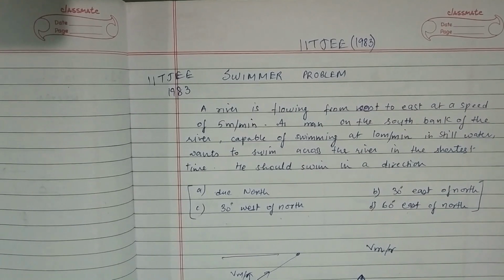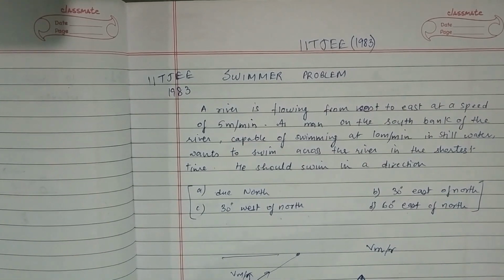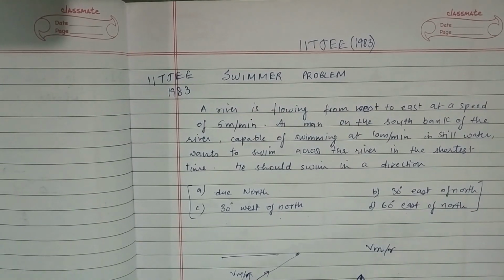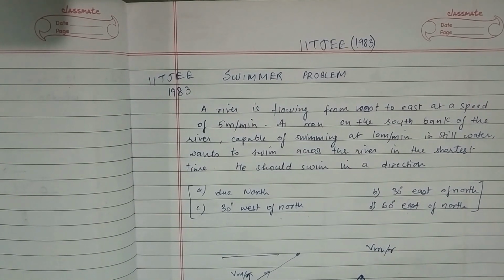First we will discuss the doubts that students usually come across while solving this problem. Number 1, 10 meter per minute. This velocity is really confusing, whether this velocity is with respect to ground or to be taken with respect to river. Second thing is effort, which we usually hear but we don't actually understand what this is. Third thing is we should understand the vector relationship between the three velocities that we have, that is the velocity of man with respect to river, velocity of man with respect to ground, then velocity of river with respect to ground. And fourth thing is we should understand the comparison of shortest distance problem and shortest time problem. So let's try to understand them one by one.